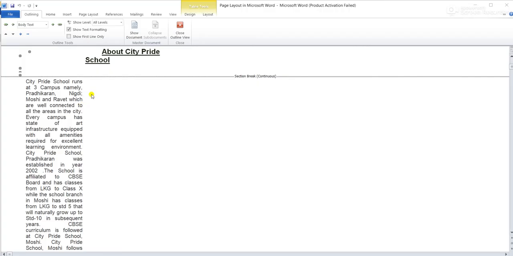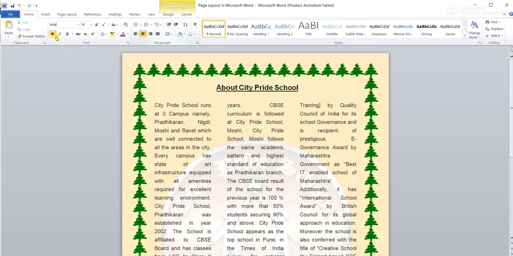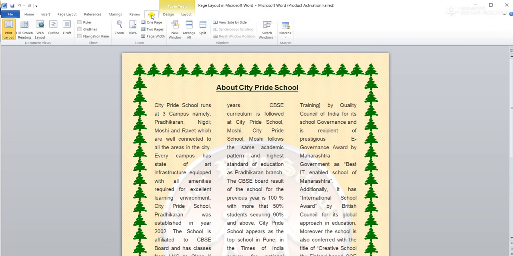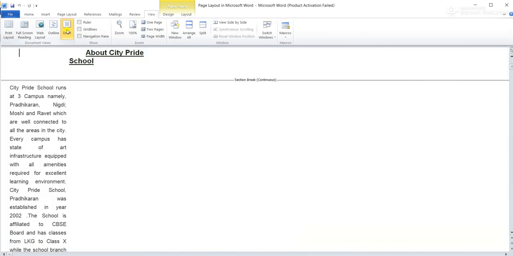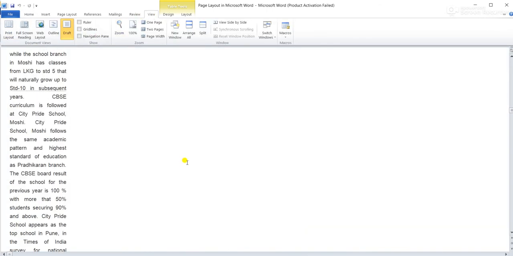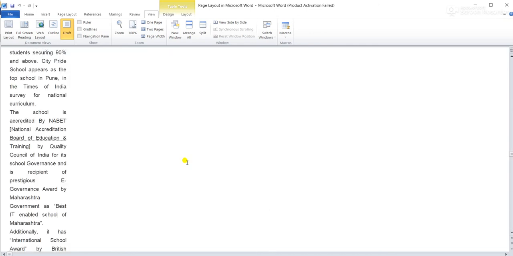And the last one we have to see is the draft view. Okay, so we go to view, and this is the draft view. We can see this is the draft view.